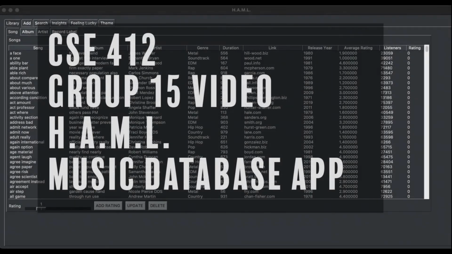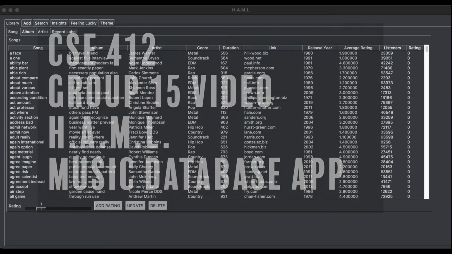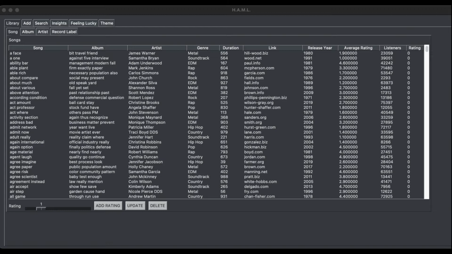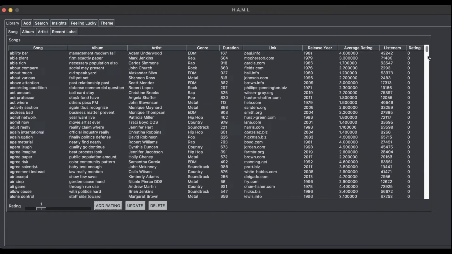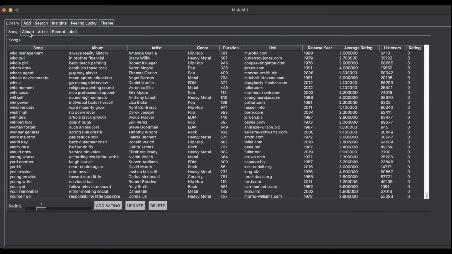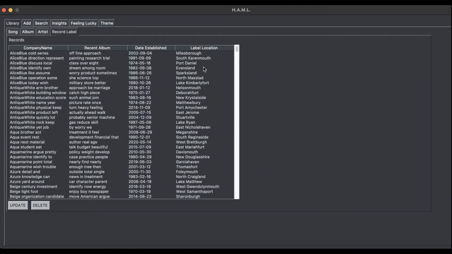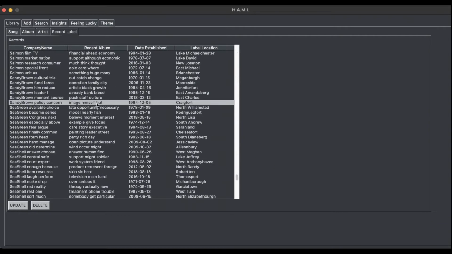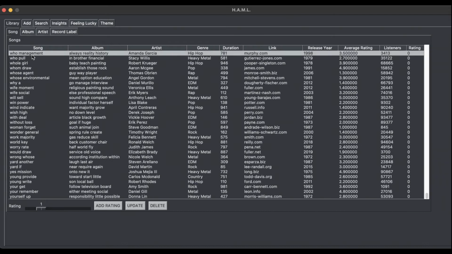This is the library tab. It contains 4 tabs, the songs, which contains basically our entire database of songs. You can scroll through them as you would like. Albums, artists, and record label. You can go through all of these, select them, and if we go back here, you can select this one